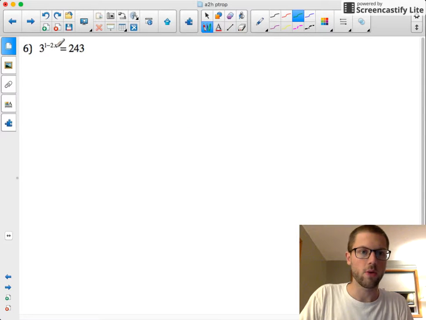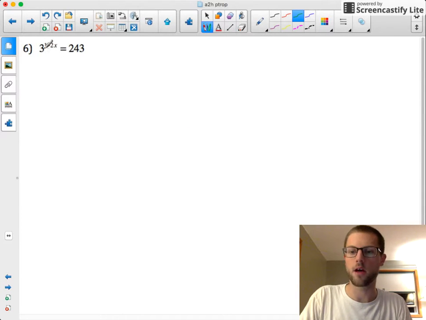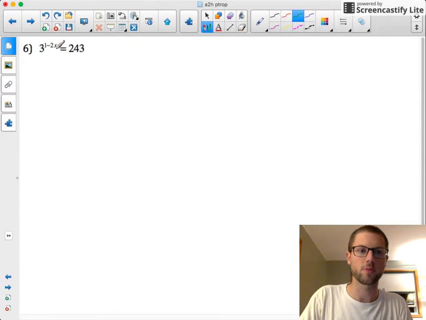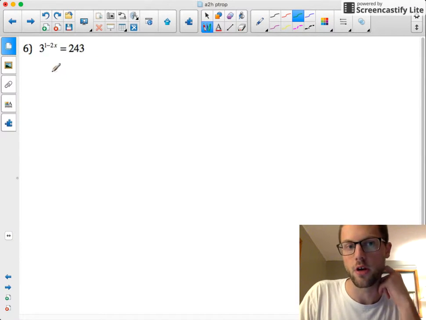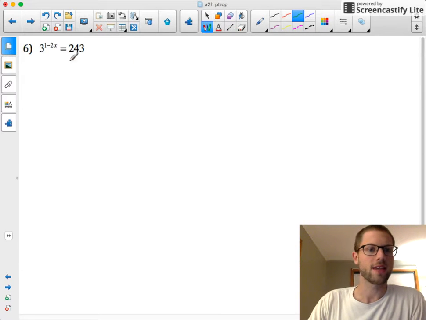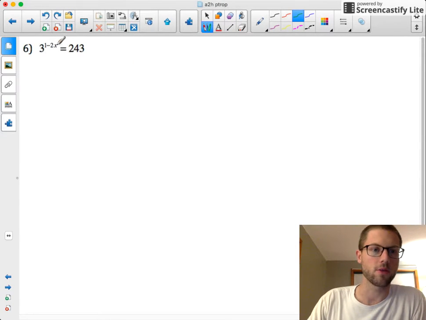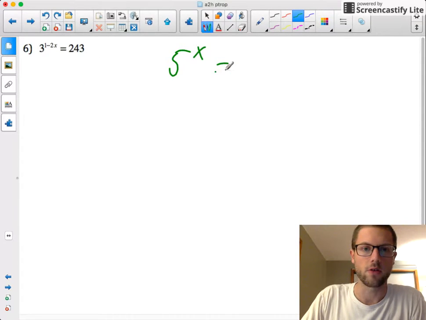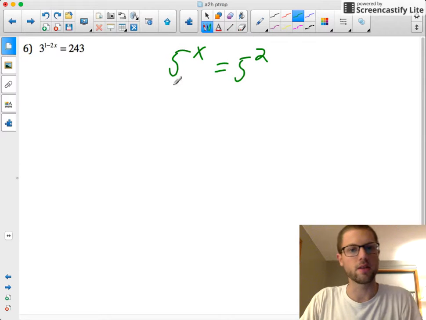All right, in this problem here, we want to solve for x, and x is up in my exponent in this power equation here. So at first look, this seems like a tricky equation because I'm not really sure how to find this x. And so recall, if I were to have two exponents or two powers in a similar fashion like this,